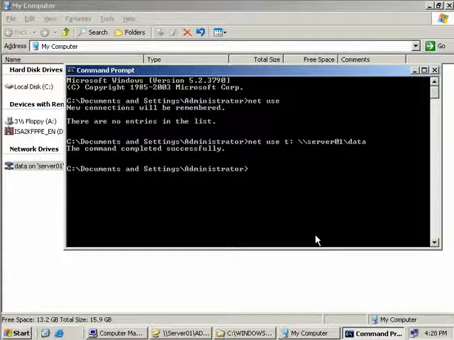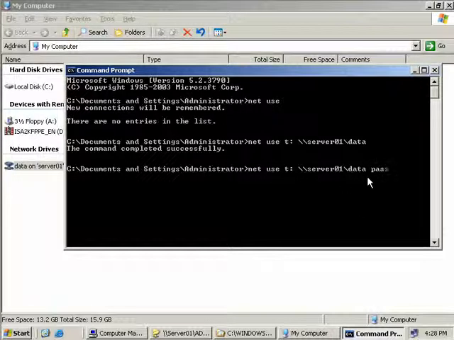Now if you are connecting using an account that doesn't have the correct permissions to access the share, the command prompt will prompt you to enter in a username and password of an account that is authorized to connect. But if you do want to provide a different username and password, you could try this option. We'll still use our net use T along with our server name and our data directory, but after that we type in the word password followed by /user with a colon, and then the name of a user we wish to